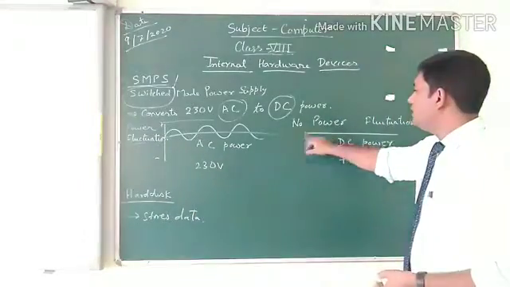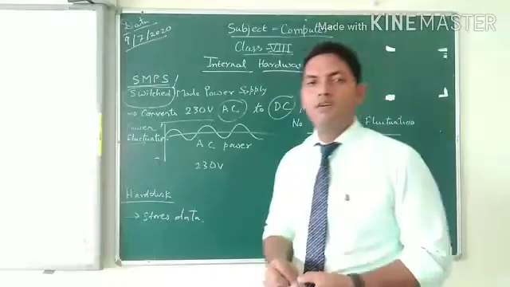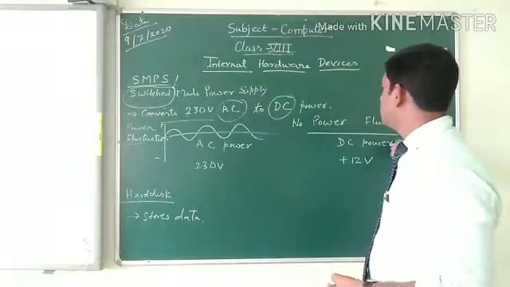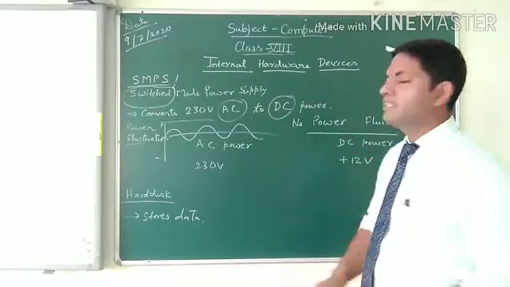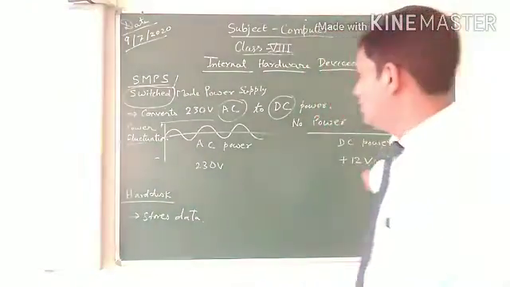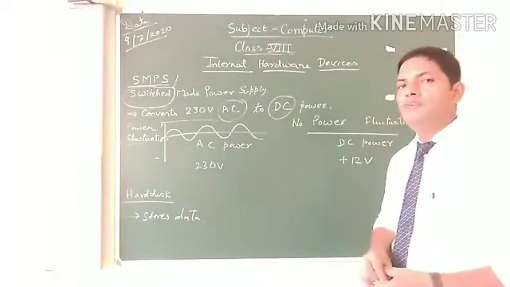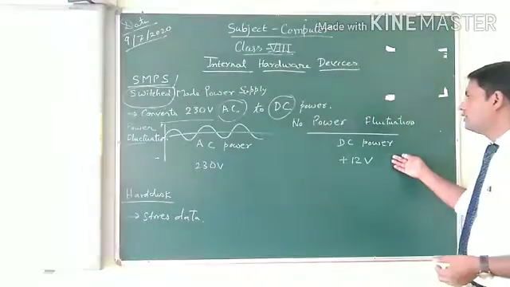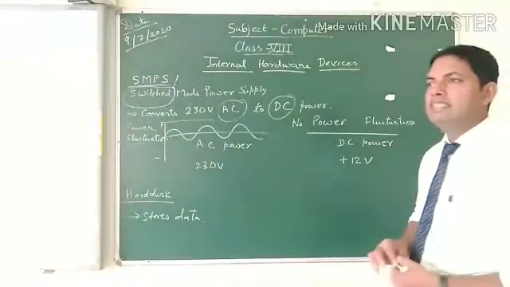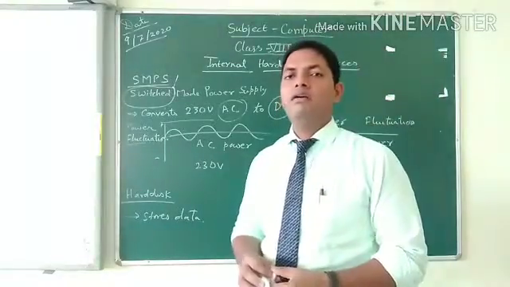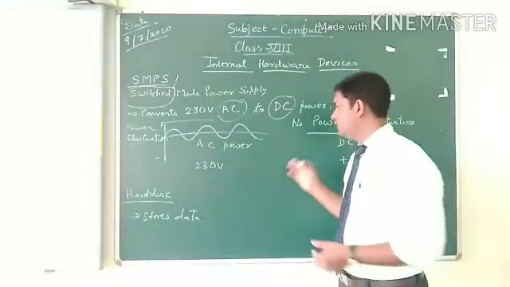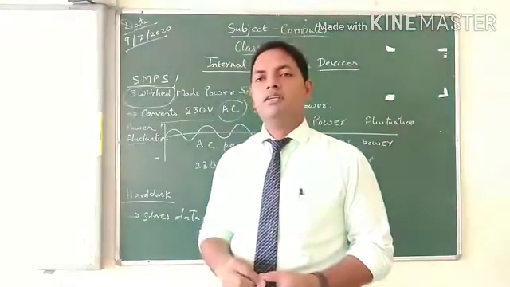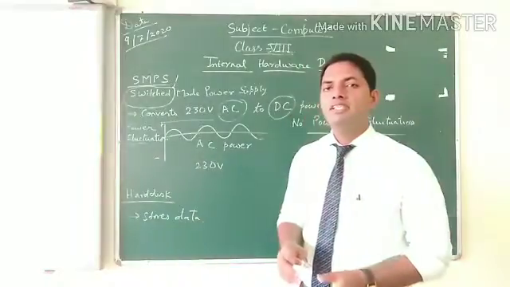Direct current does not change or show fluctuation. It means it is always at the same voltage. In AC current, we can find fluctuations, but in DC current, no power fluctuation is seen. Therefore, we prefer a DC source for computers so that our work is done smoothly.